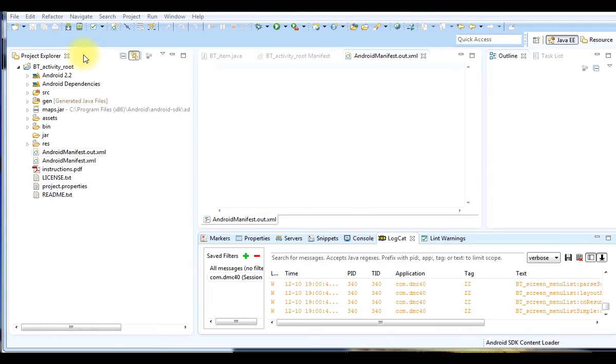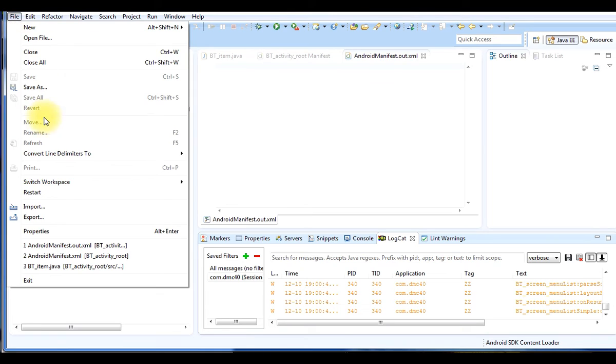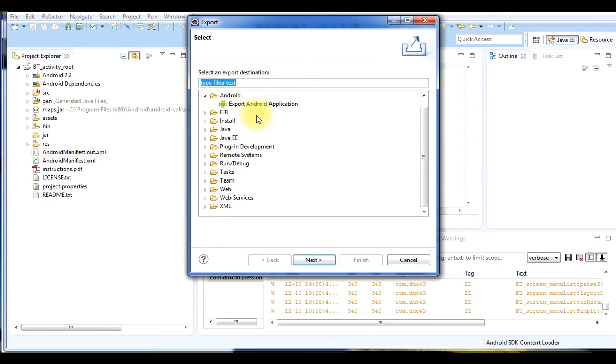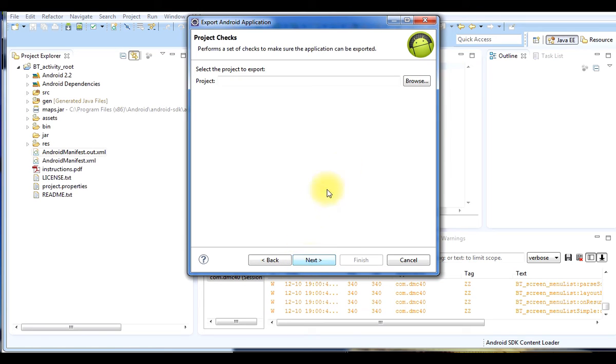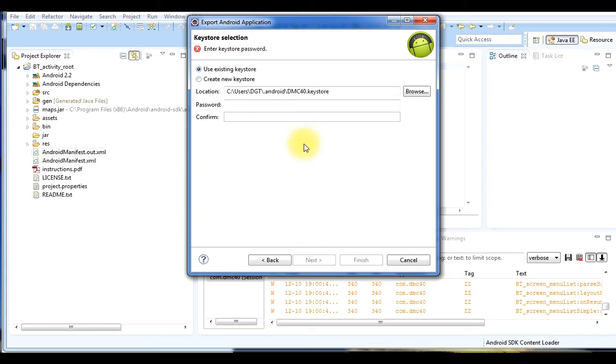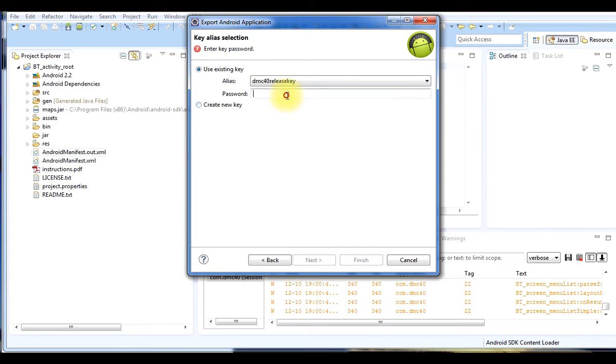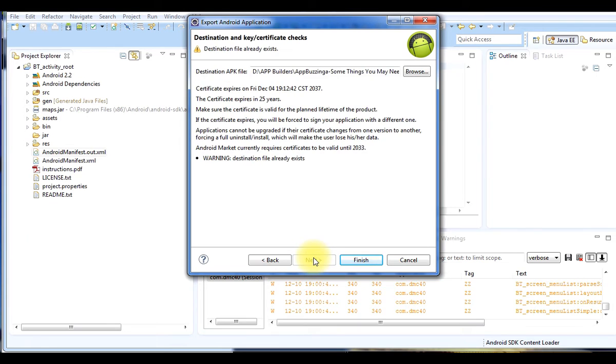Here's a little bonus. Let's say that you've gone back to App Bazinga, made a couple of adjustments, and added a couple of features to your app. Downloaded it back into Eclipse, saved it, and checked it to make sure there are no errors or mistakes. Now we're going through the process of recompiling and making our app ready for distribution in the Eclipse compiler. As you can see, now that we have our key set, it's a very straightforward process. We're going to click Next, click on Finish, and we've got an updated app all ready to load back up into the app marketplace for Android.